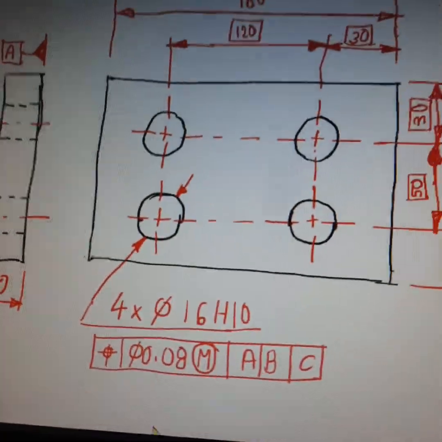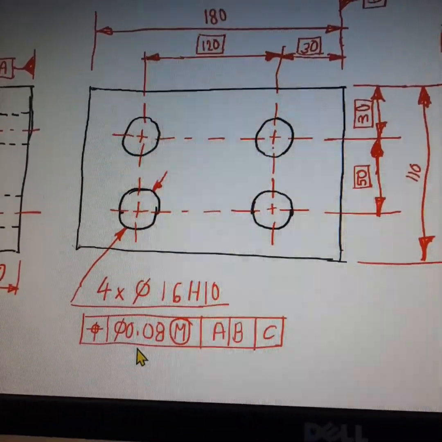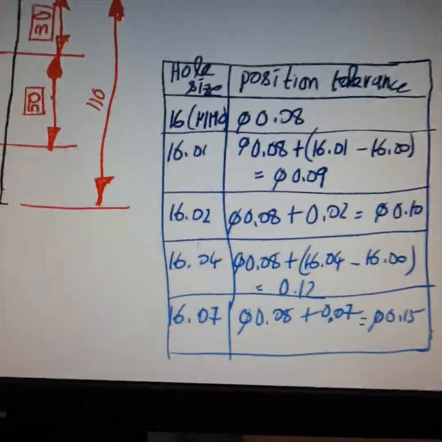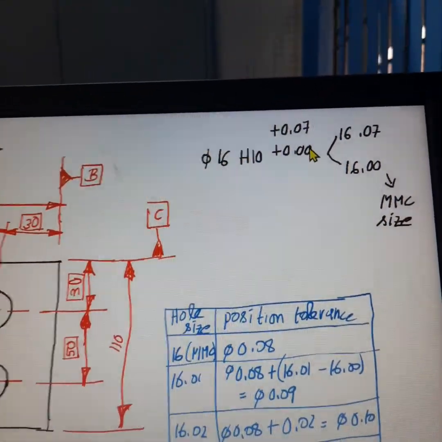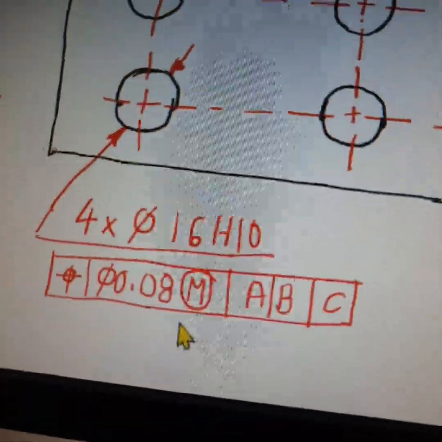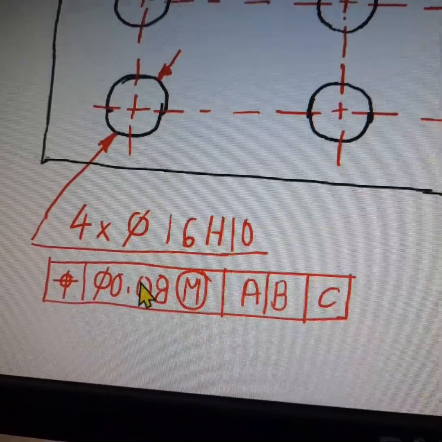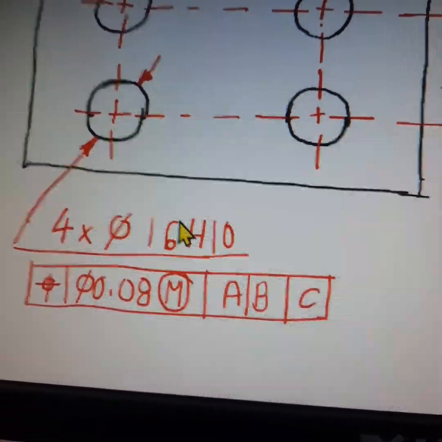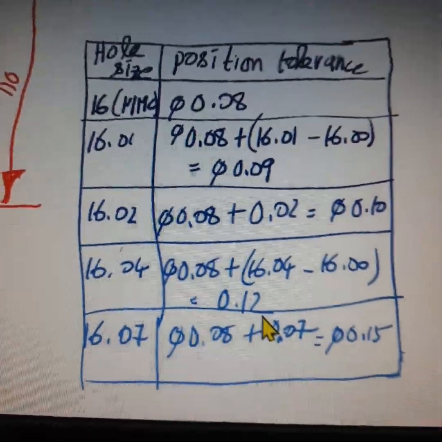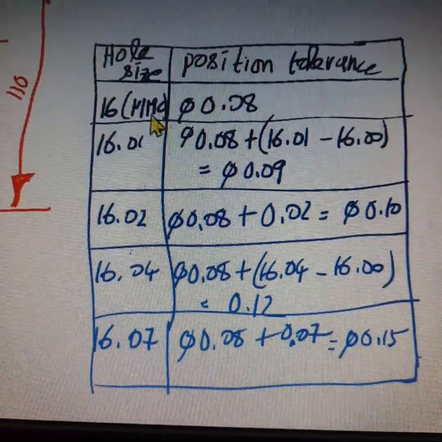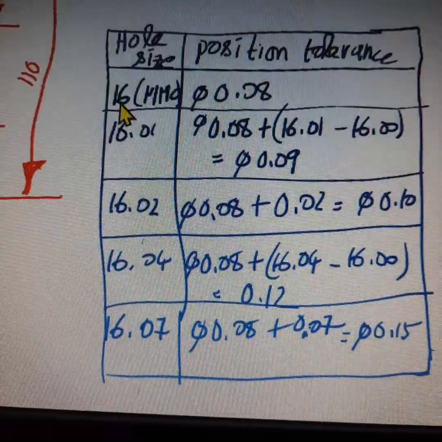What will happen if the hole size is deviating from the MMC size of 16 mm? The hole size can vary between 16 and 16.07. As the modifier symbol is present in this feature control frame, the value of 0.08 is applicable only for a MMC size of 16 mm. What will happen if the hole size is deviating from 16 mm? So as per the drawing, 0.08 is the position tolerance diameter when the hole is at its MMC size of